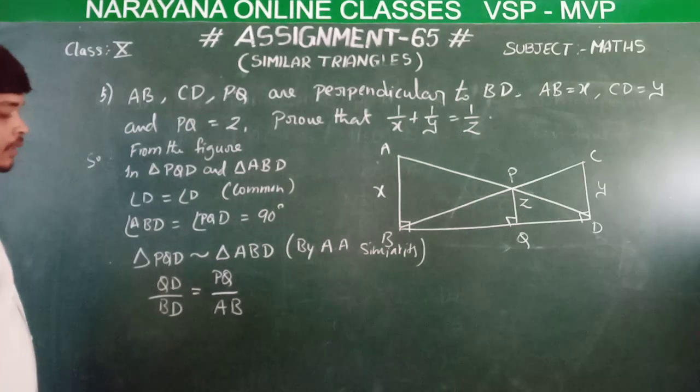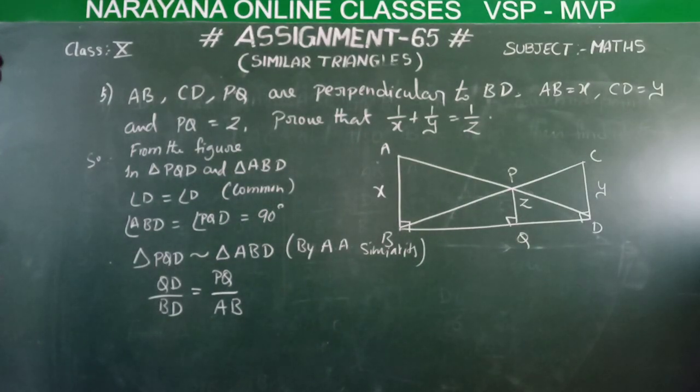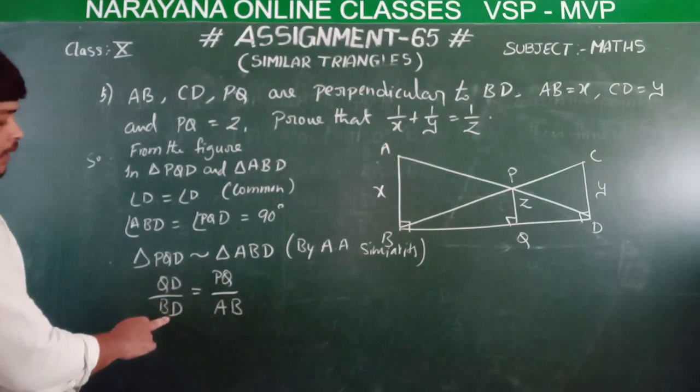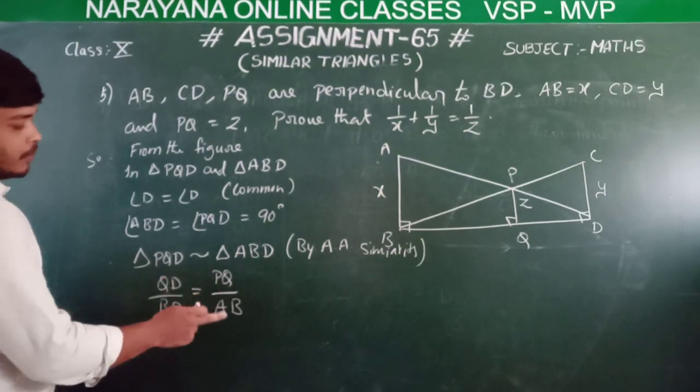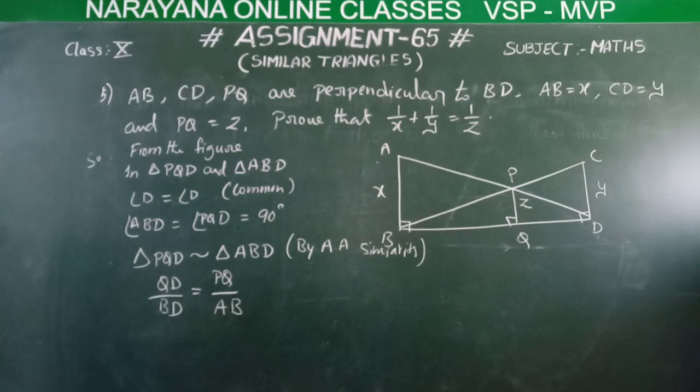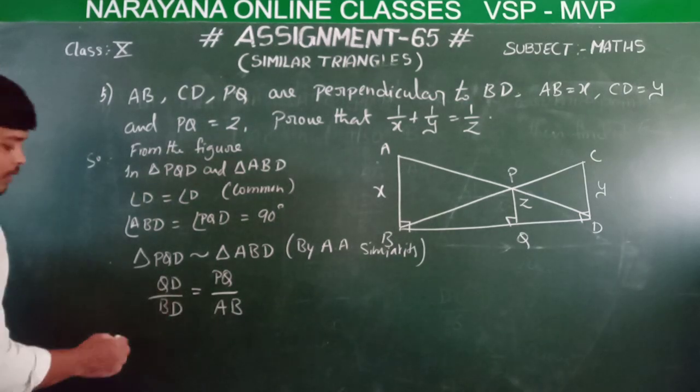Right? QD by BD is equal to PQ by AB. Right? Now, similarly,